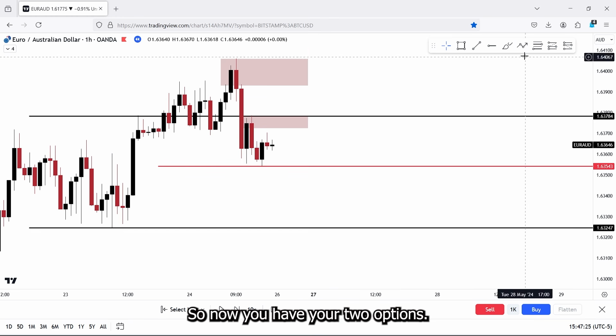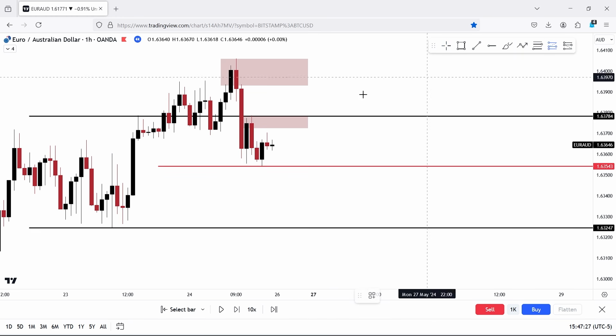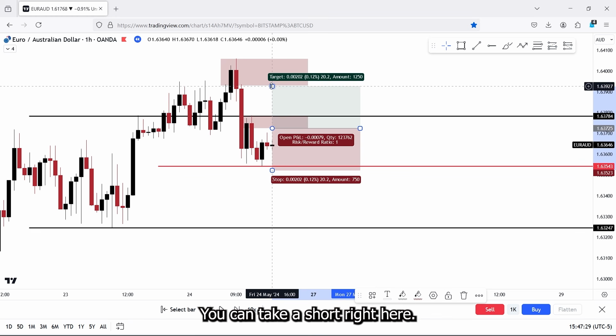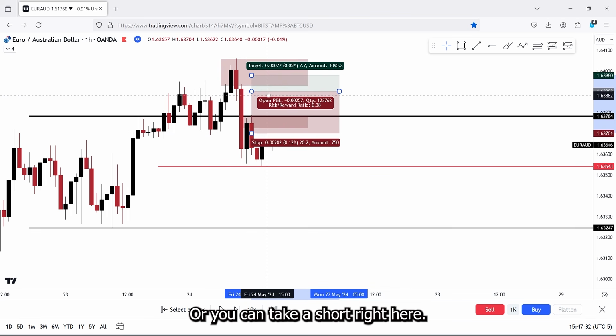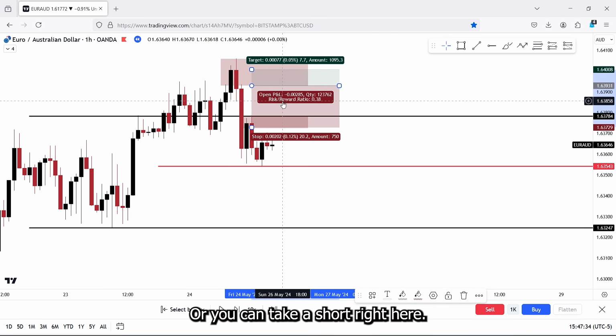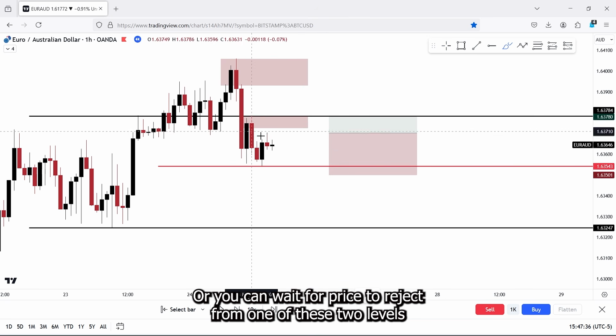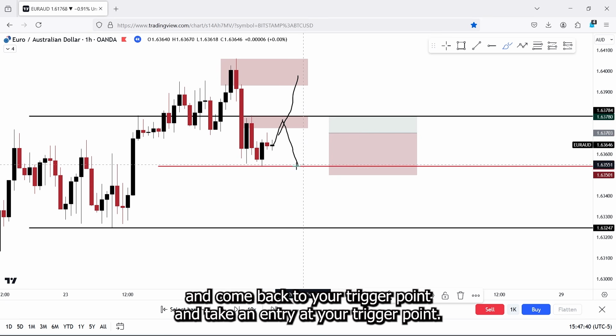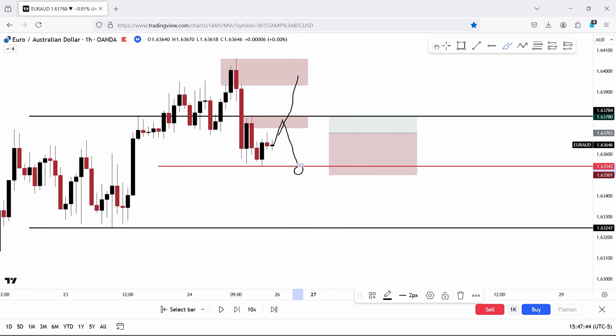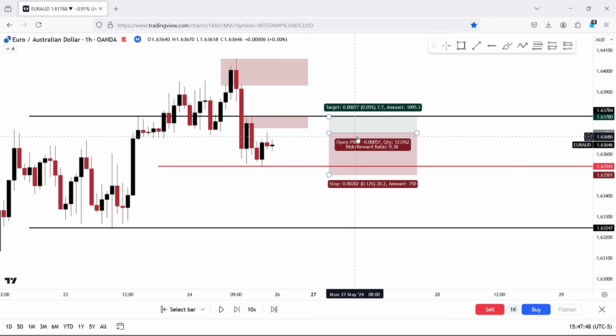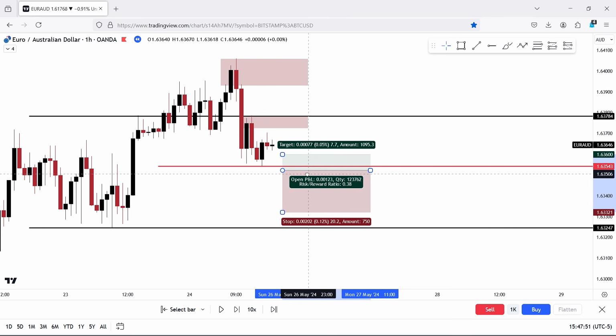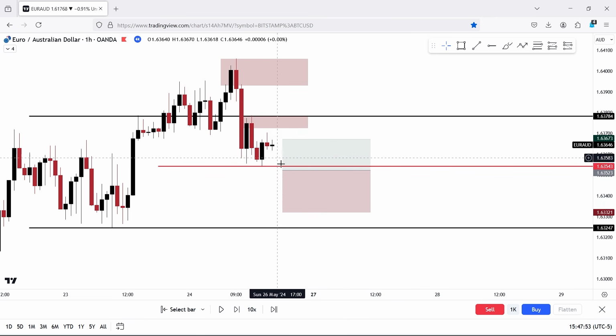So now you have your two options. You can take a short right here, or you can take a short right here, or you can wait for price to reject from one of these two levels and come back to your trigger point and take an entry at your trigger point. Once price breaks below this level,